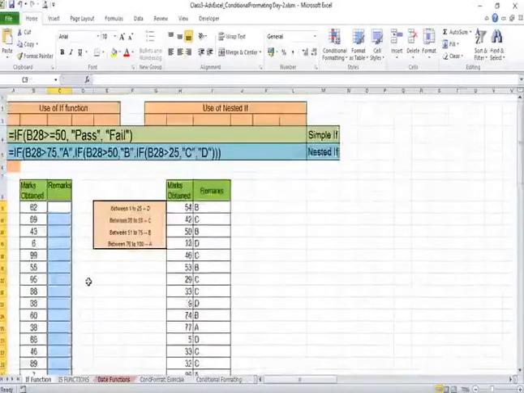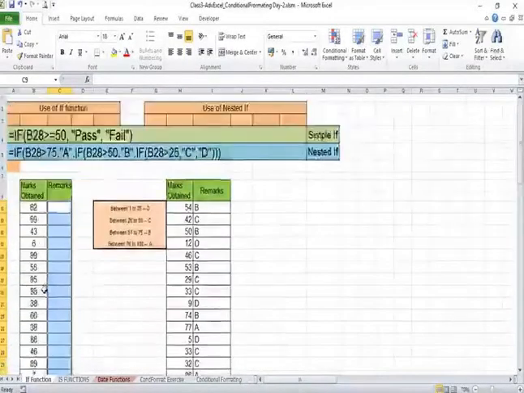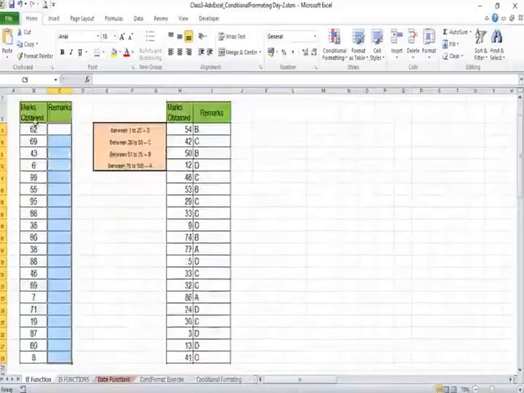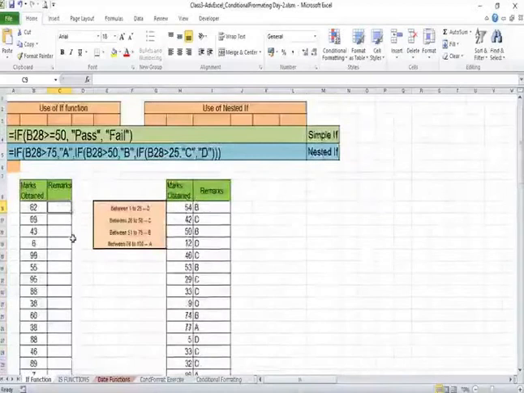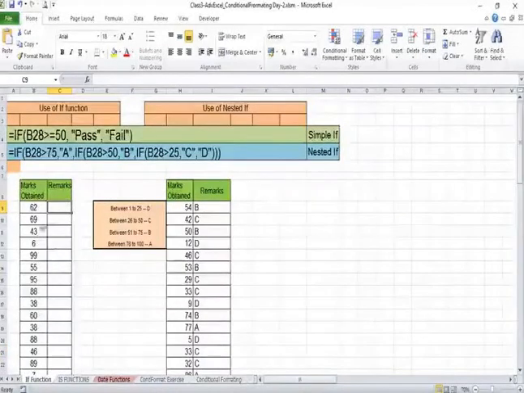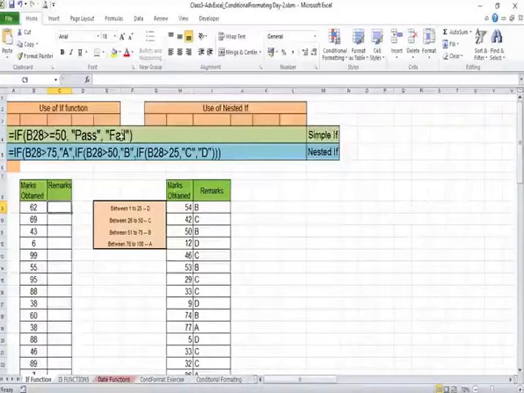Here we have got the marks of different candidates and we have to decide if the guy is fail or pass in this test based on their marks. The passing criteria is like this. If he has got 50 marks or above, he is passed, otherwise he is failed.